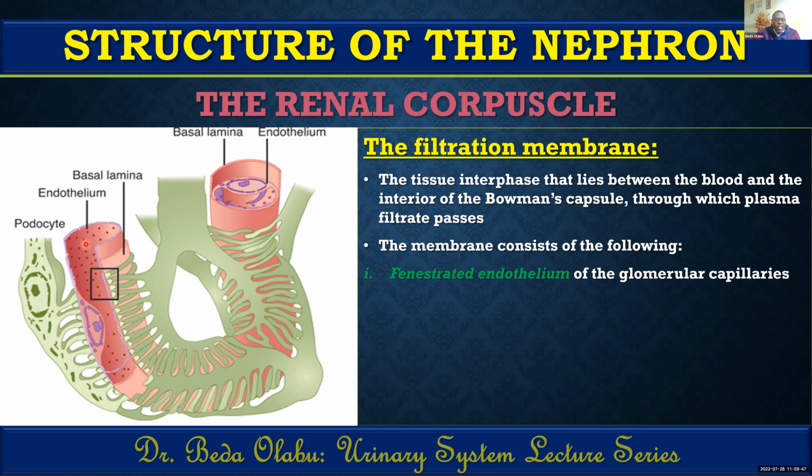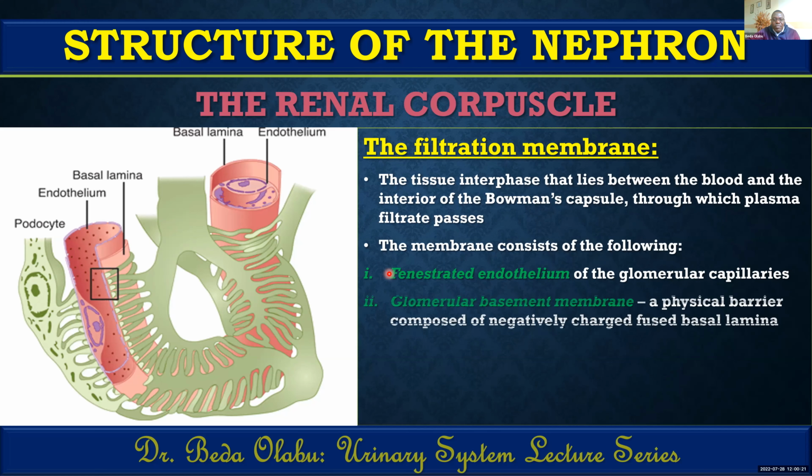One, the fenestrated endothelium of the glomerular capillary. Simply, it means that the endothelium of the glomerular capillary is one of the components of this barrier. But remember, this endothelium is fenestrated. So the plasma will go through the fenestra, actually. The plasma goes through the fenestra. After the plasma has gone through the fenestra of the endothelium of glomerular capillaries, it will pass through the basement